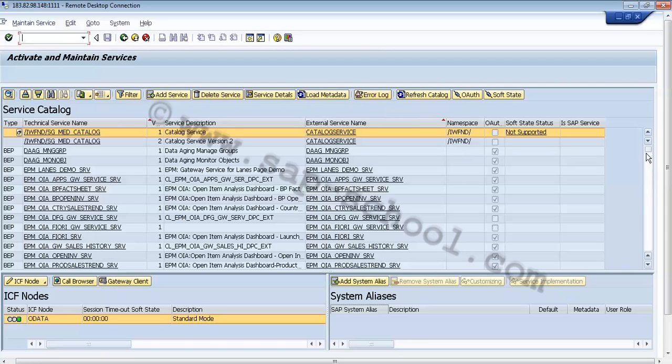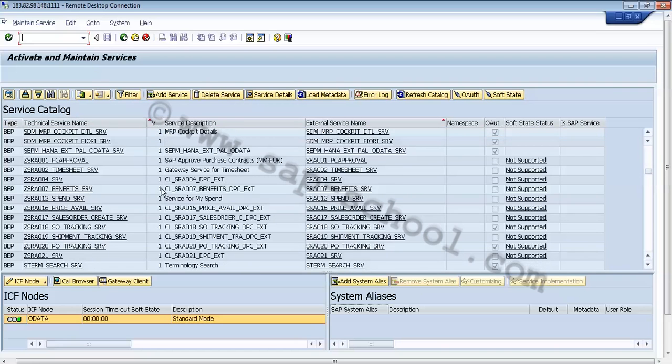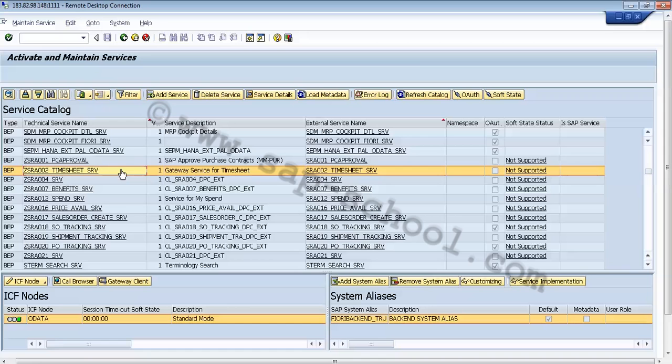In our case it will be ZSRA002 timesheet SRV. If I scroll down, I can see this is the service we have just seen. We can just select this service.